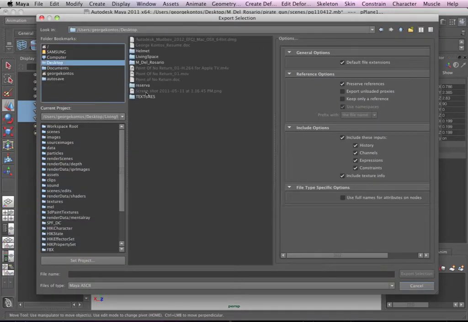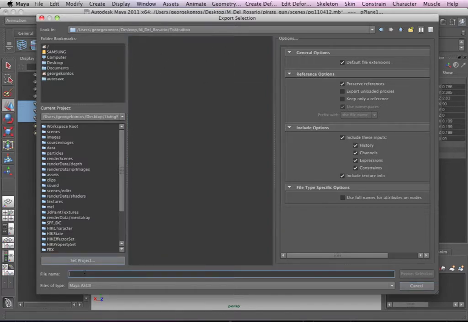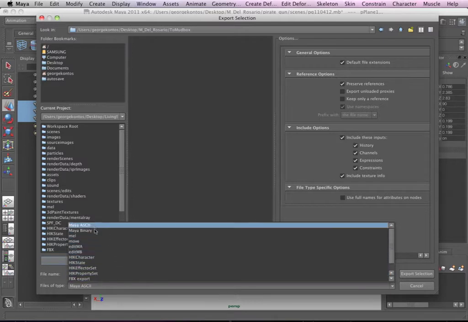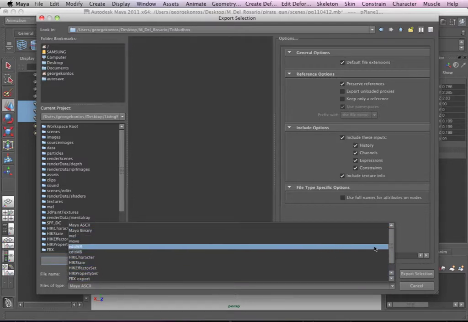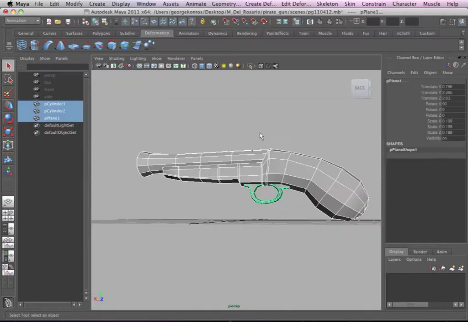To the desktop. This is where the original Maya file is. I'm going to create a new folder, and this is going to be to Mudbox. So I'm making a folder that says that we're going to Mudbox. This is going to have the files for Mudbox. Pirate Gun 01, and I want to make an OBJ here, so I need to find the OBJ export. So export selection,